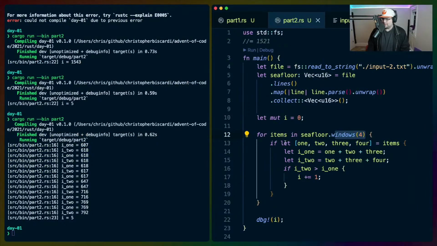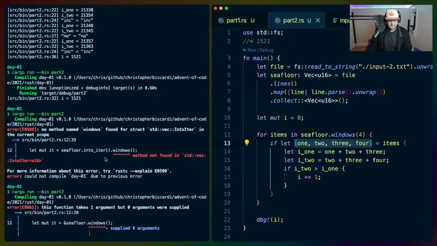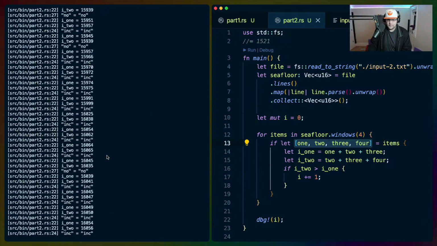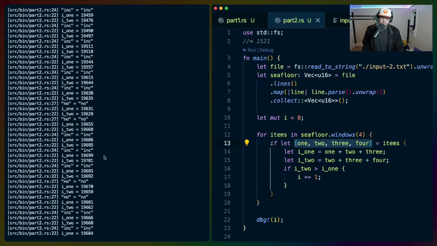But apparently at runtime, we can't tell that. So we have to do this if let inside, which feels weird. Because it's saying that some patterns aren't handled. So I ran it on the whole thing.